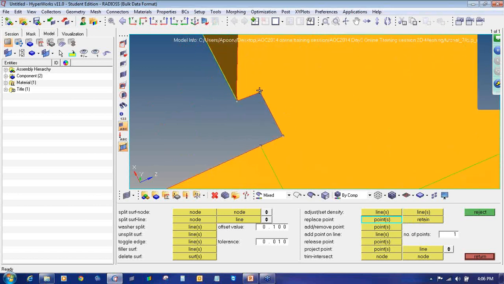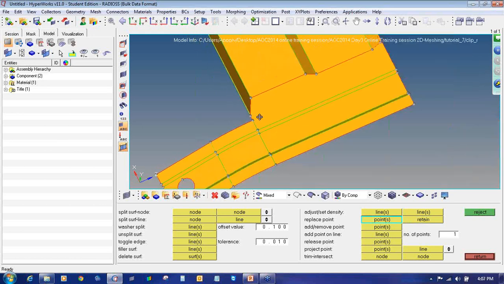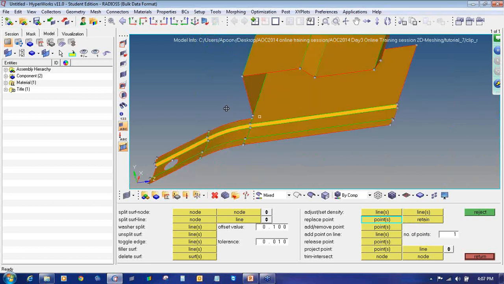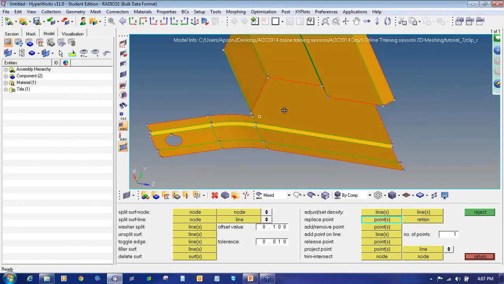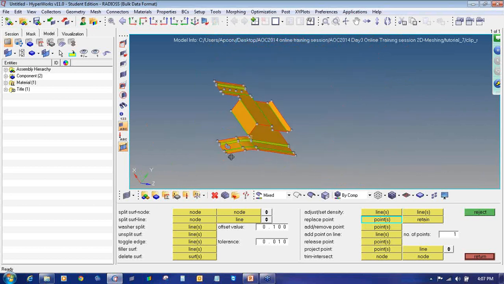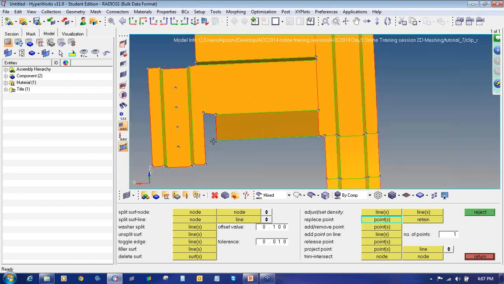Similarly, this is also a very short distance, so you can replace this point with this point. These are some features because of which the element quality is not getting proper,